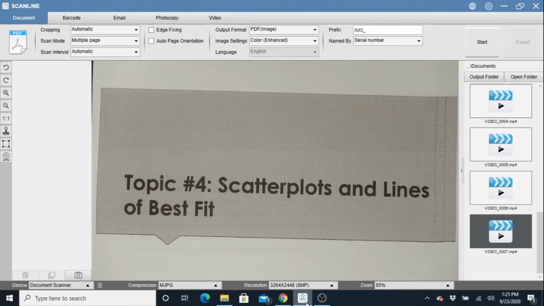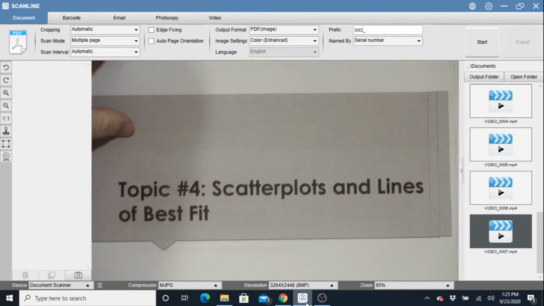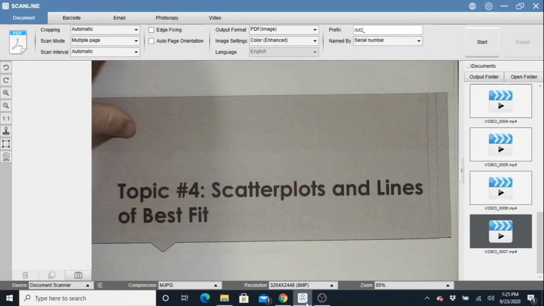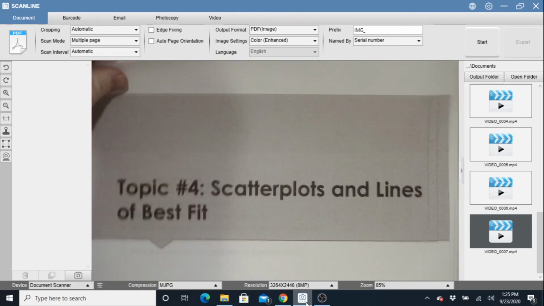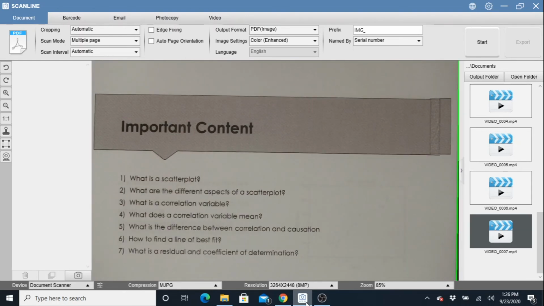Lines of best fit. So I'm once again going back to the college classes to get these done. So again, scatterplots and lines of best fit. There's a lot of stuff in this one, so this one's probably going to be a pretty long one to watch. But we're going to look at what is a scatterplot, what are the different aspects of a scatterplot,